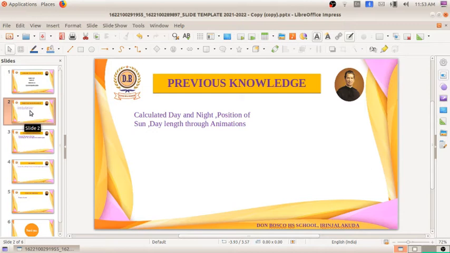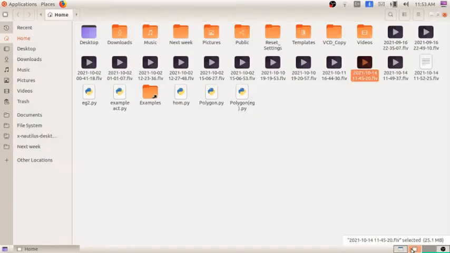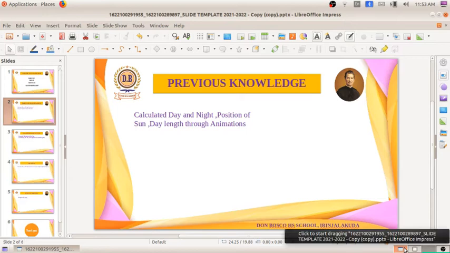But in the textbook, page number 76, they are saying to find out the same sunrise, sunset, everything in the month of June and December. So today I will be calculating day and night in the month of June. Also, you can see a small topic on page number 75, that is seasonal movement of the sun. That I will also be doing.